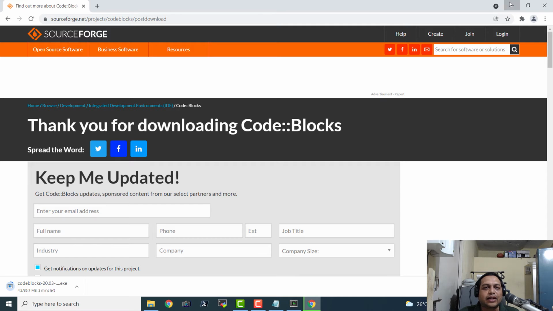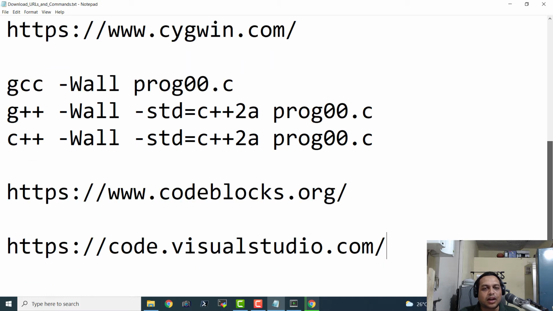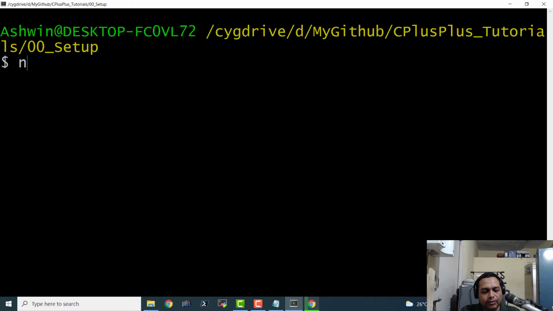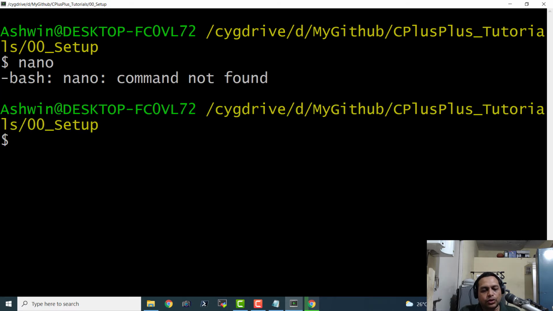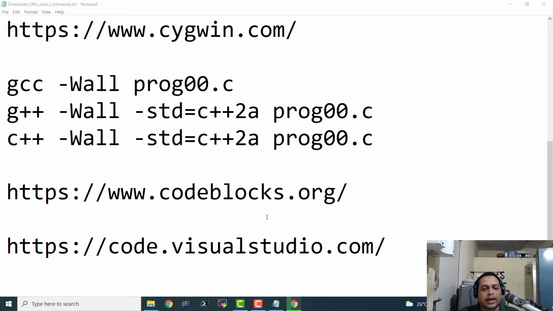Basically, it is an integrated development environment where you can mention the name of the compiler tools, debuggers and everything, and then you can build, compile and run your program with just a single click. And it is a very, very exciting thing. So meanwhile, let us see if we have Nano installed on this. No. So Nano is a command line based text editor, very famous in Unix-like systems. So let us exit this and let us wait for the download to finish.